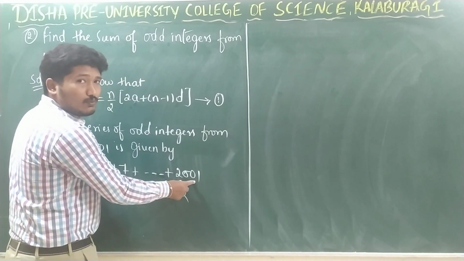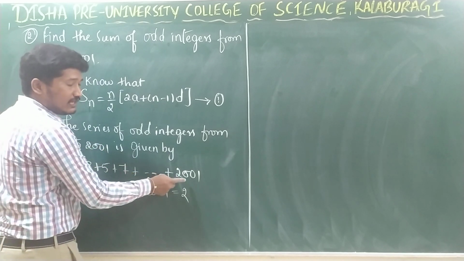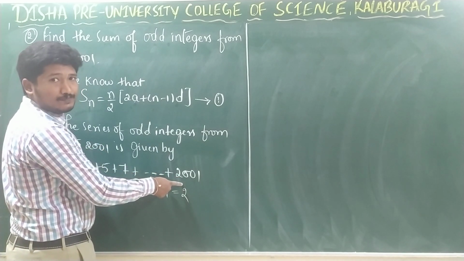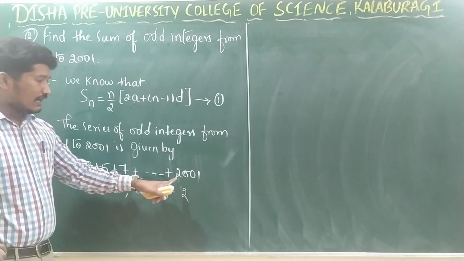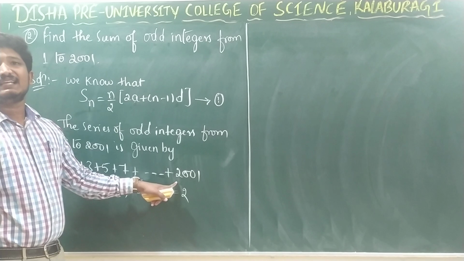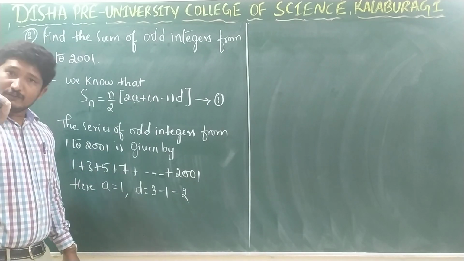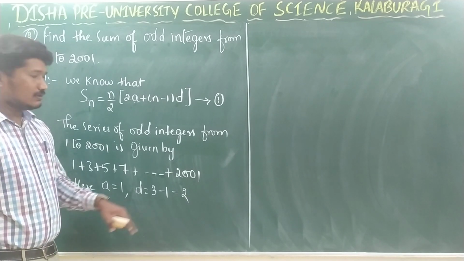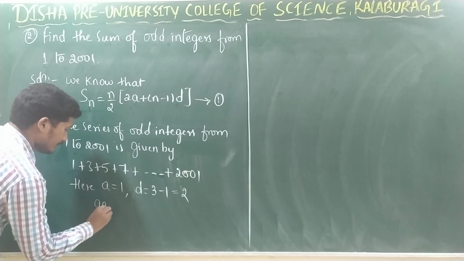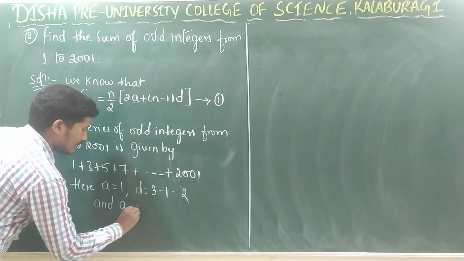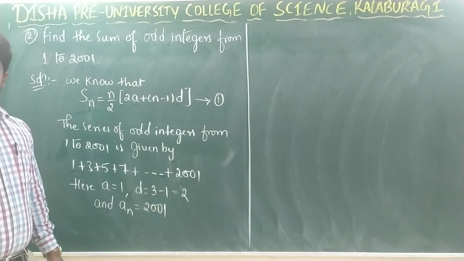Also, we are given here what? See, this is the last term of this given arithmetic progression. So we are given an, the value of an. The last term is also represented as L. You can write an or you can also write L. But for the nth term, you write an. If an itself is the last term, then you can also write it as L. And also we have an is equal to 2001, right?